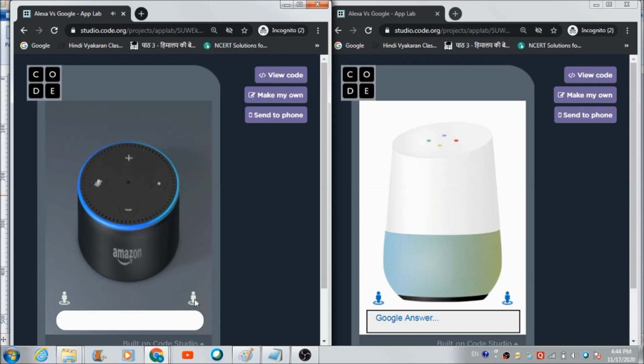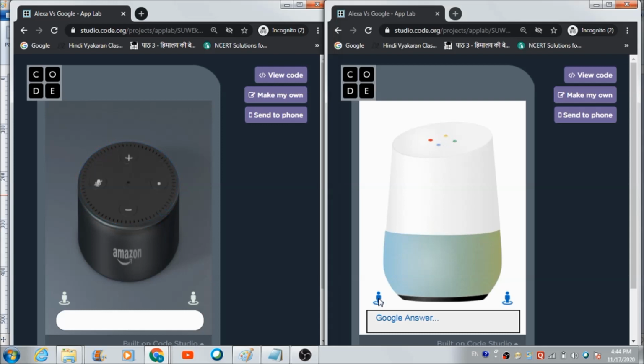So this is how Alexa is going to speak the lines which I put in this Alexa box. Now when I click this button on Google Assistant, he is going to receive those lines of text: Hi, I am Alexa, may I know your name, please? If you want Google Assistant to respond to these lines, you need to hit this button over here, and accordingly he will respond.